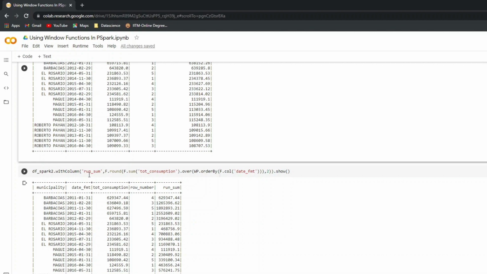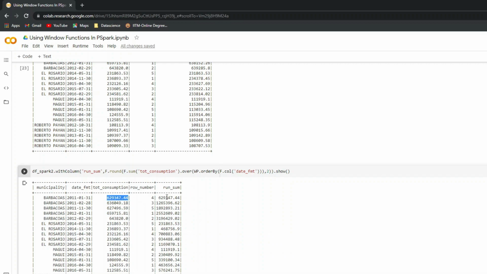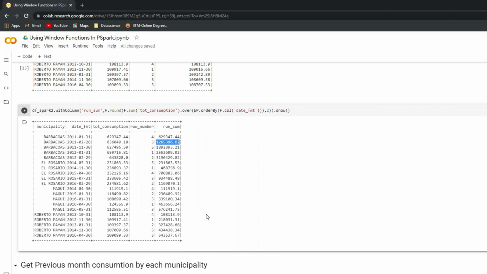And then if I want to take the running sum, I can just say sum function here, similar to your average. All I change here is from average to sum, and I can see this is the first value, so I will have the same value here. But whereas in the second value, it is nothing but the sum of the first row and the second row. For third, it is a sum of 1, 2 and 3. So this is my running total. So these are some of the functions which you can create in window function, which cannot be possible or not that easy to do with the group by. Okay, now the interesting scenario.